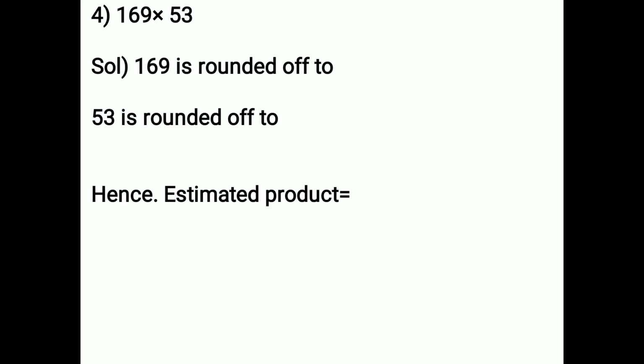How do I do it? It has 3 digits, so I will see which place? Tens place. It has 6. Is 6 bigger than 5? Yes. So I add an extra point to the 1, so it becomes 2. 169 becomes 200, because 1 is in the hundreds place. In 1 I add 1, it becomes 2, and from the tens place to the ones place all digits become 0 0.